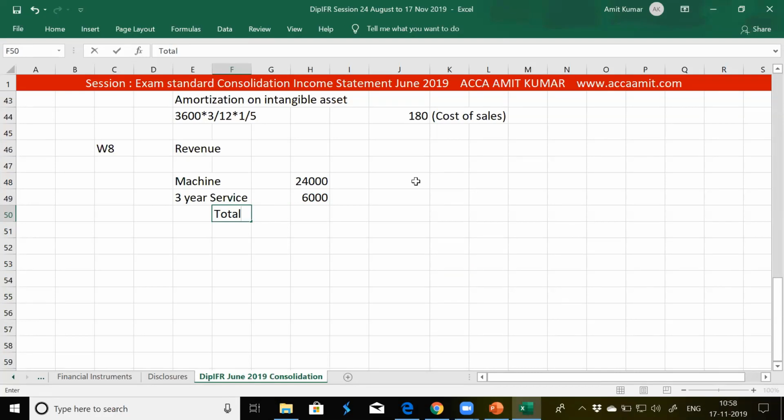Total fair value in the market is equal to 24 plus 6, but the amount received for both is 27,000. So if we allocate the transaction price between machine and 3-year service, how much will you allocate to machine? In the same proportion, 24 divided by 30 into 27,000 should be the revenue recognition for machine, and revenue recognition for service for a 3-year period will be